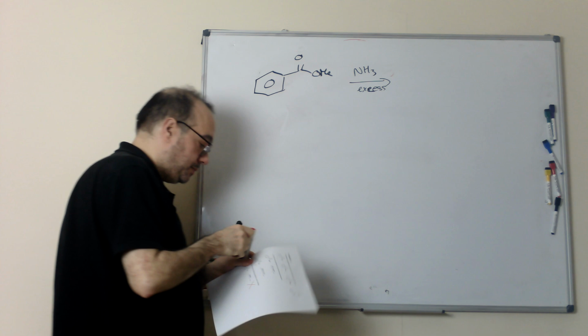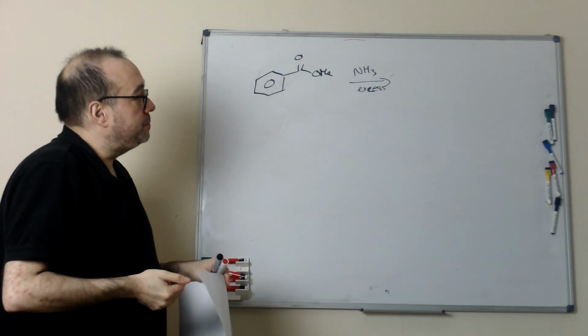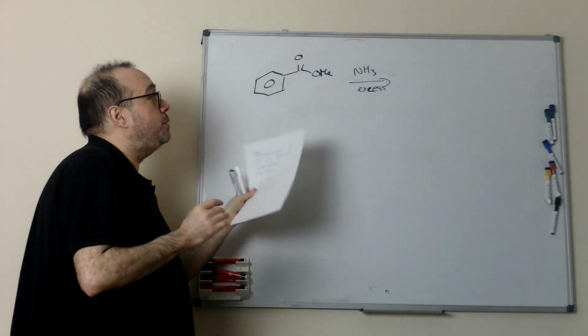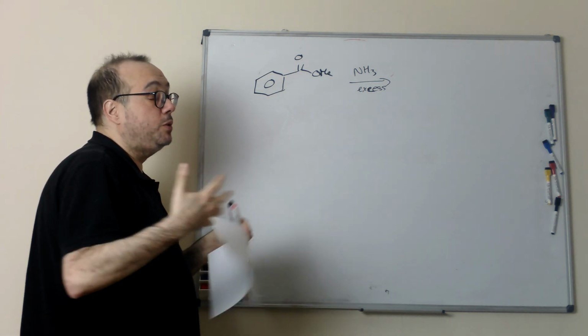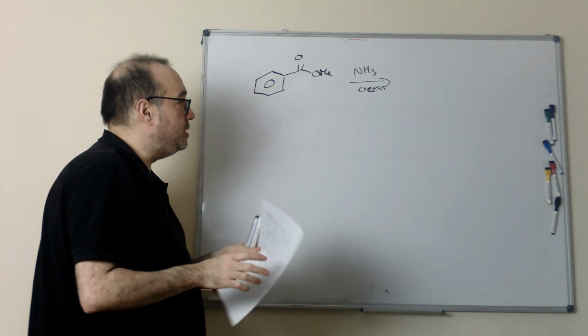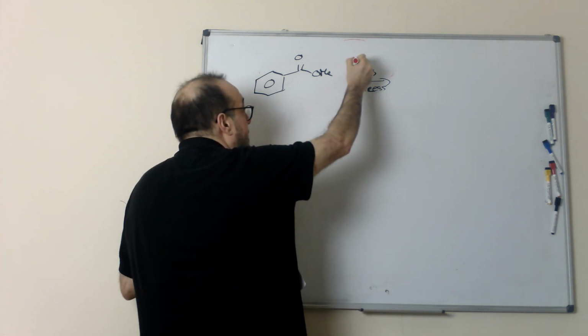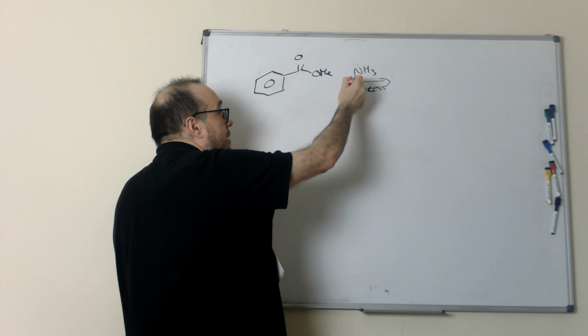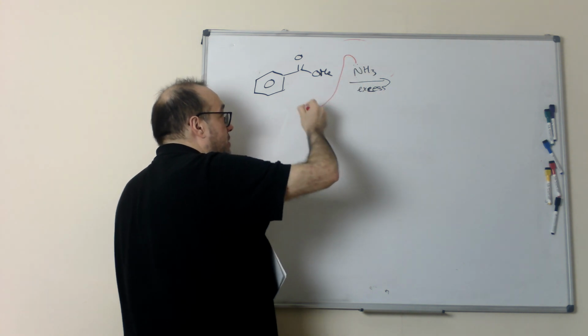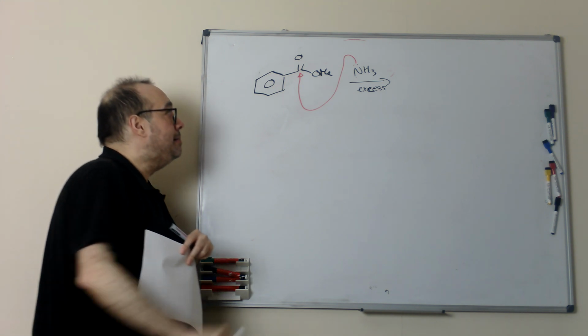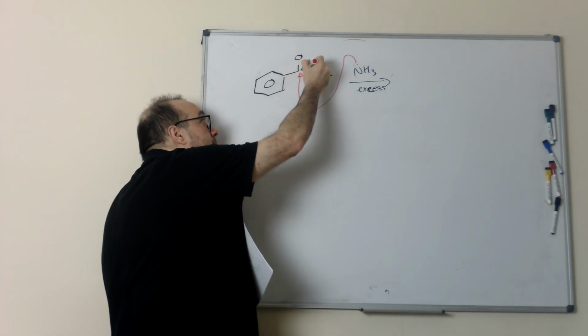If we don't say anything, it means that we are in basic media. If we were in acid media, we would put protons, but in this case there are no protons. That means that we are in basic media. And basically the ammonia, the pair of electrons of the nitrogen, is attacking the carboxylic group, and then